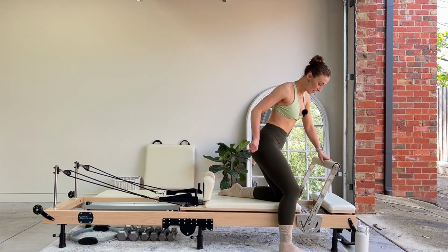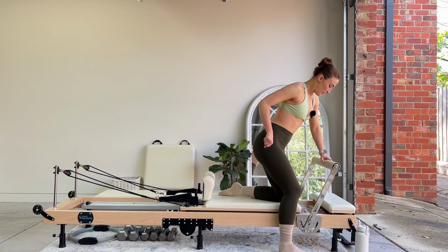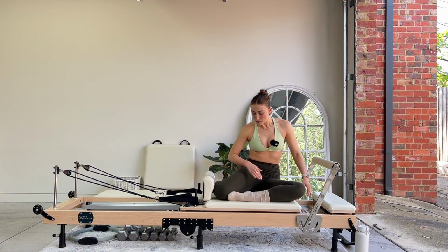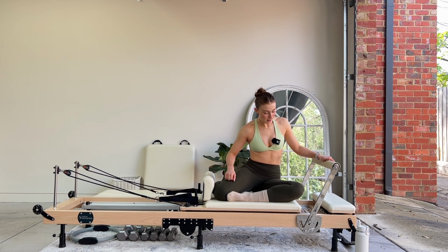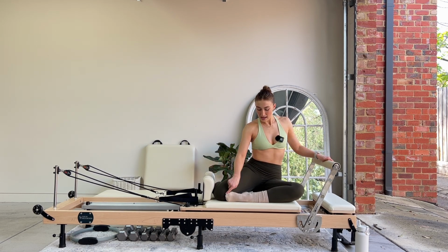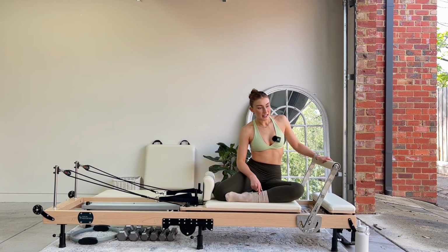Oh my goodness. Tap out that glute. On fire there. Alrighty, from here we're going to bring ourselves down into our mermaid or Z sit position. Make sure that you've got one shin lined up with your shoulder blocks, other shin lining up with the front edge of the carriage. Springs are going to stay the same, and then one hand is going to find that